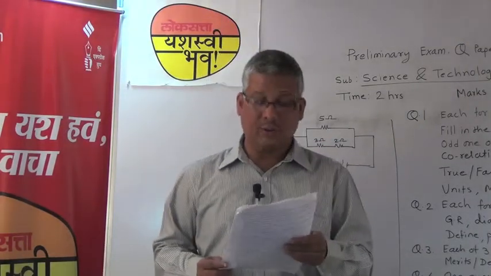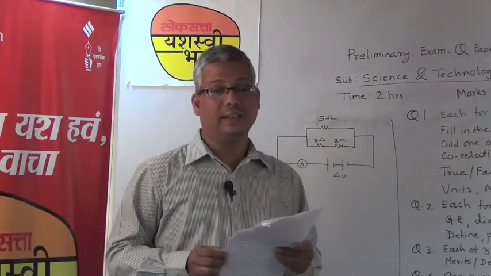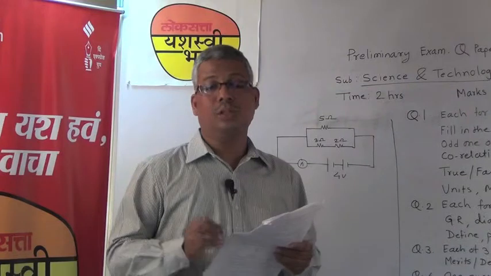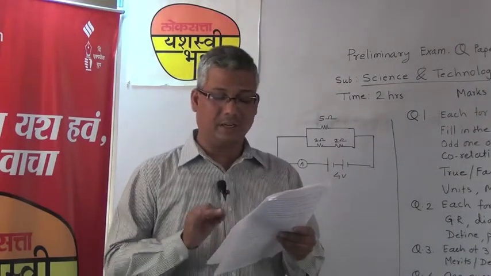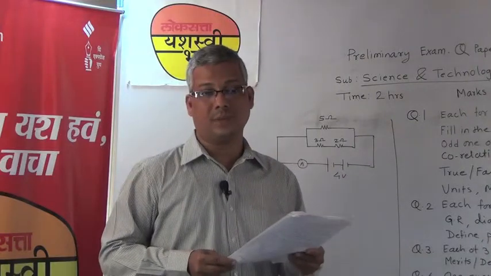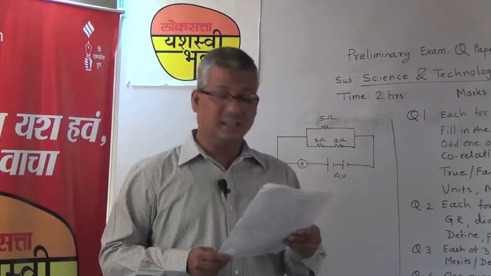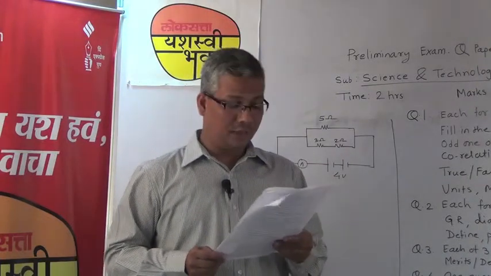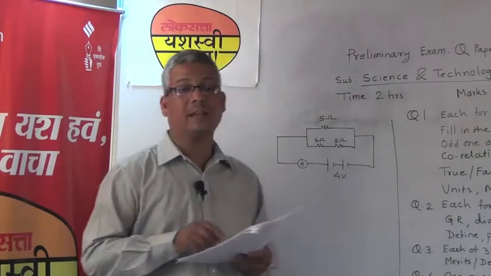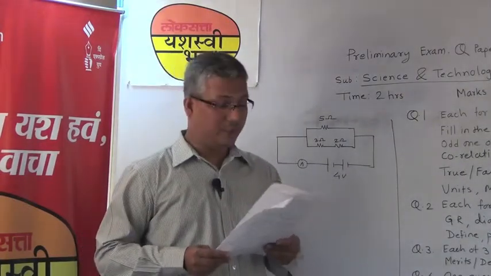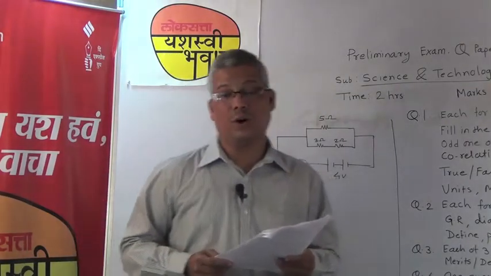For the second sub-question of the fill in the blanks, you have to write down the name of the device. So here you should know the function of every device, for example, voltmeter, ammeter, galvanometer and generator. Then only you can write the correct answer. So please understand the function of every instrument. Then after writing the answer for the fill in the blank, please underline it with a pencil or a pen. Then the sub-question, find the odd one out.